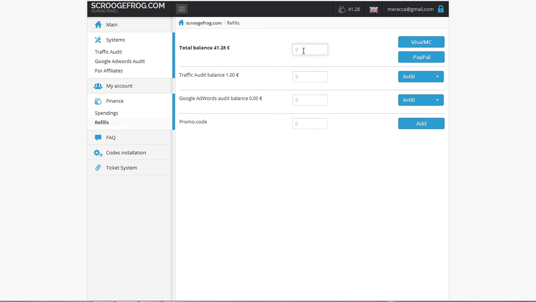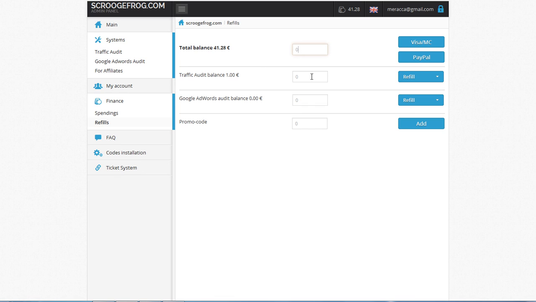After you put in this sum, you click any of these buttons and you go to the page which offers you to fill in the information about your card or about your PayPal account.